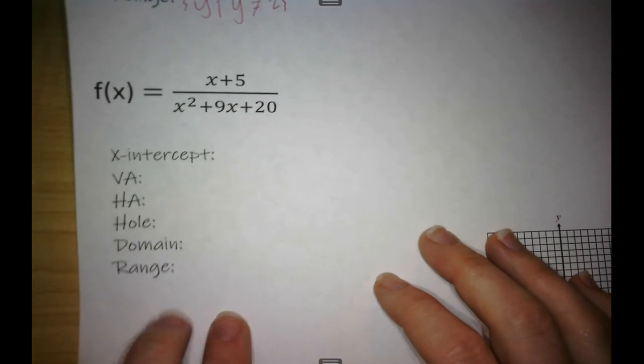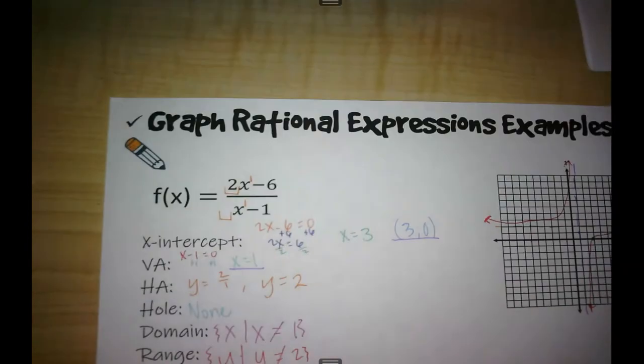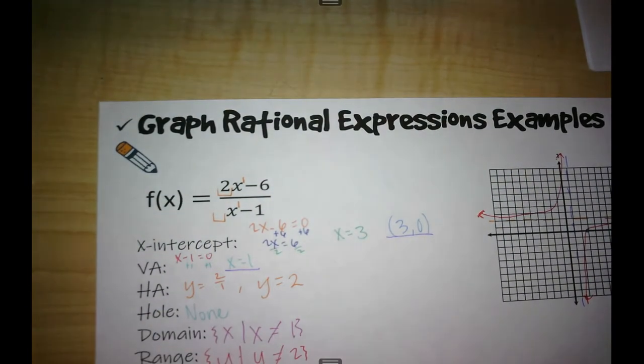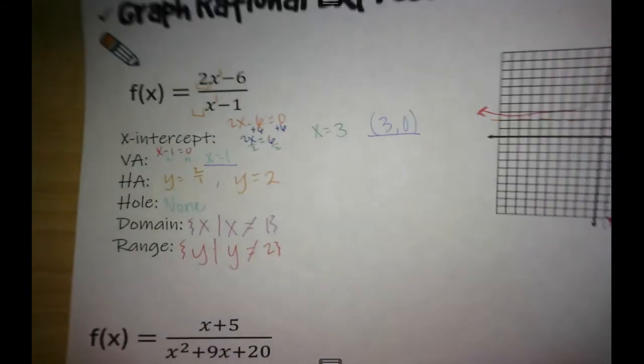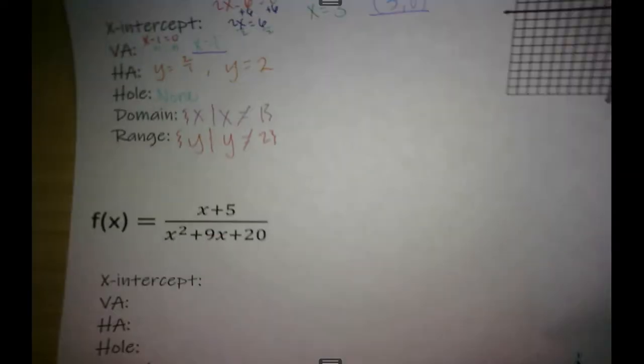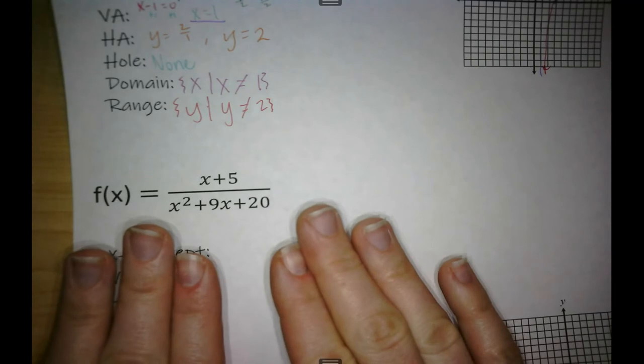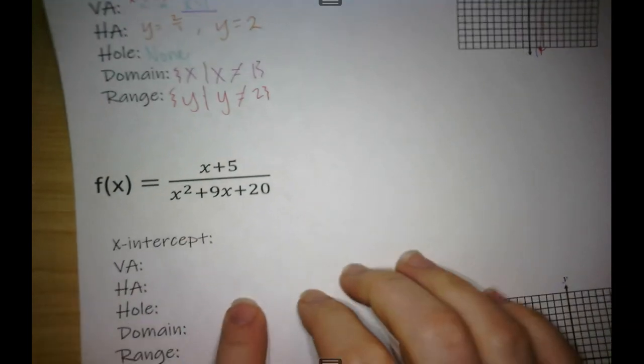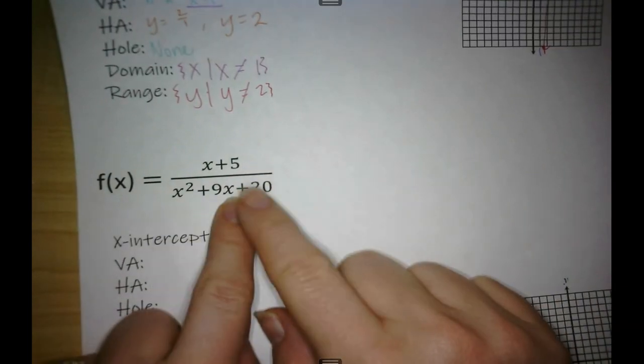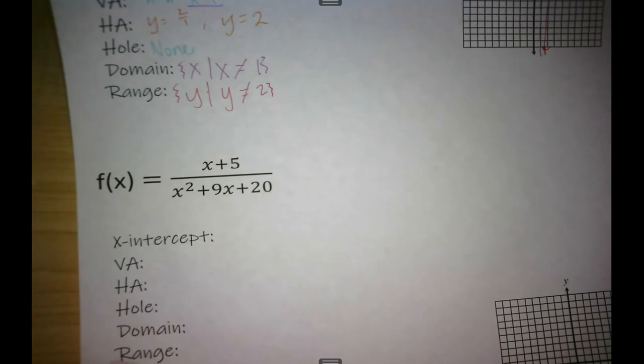All right, let's look at one more example. So first, when we have ones that look like this, they're just binomials on top and bottom. We don't need to do anything. We can go ahead and jump into everything. When we have trinomials, if you have an x squared with an x and a number, we need to go ahead and